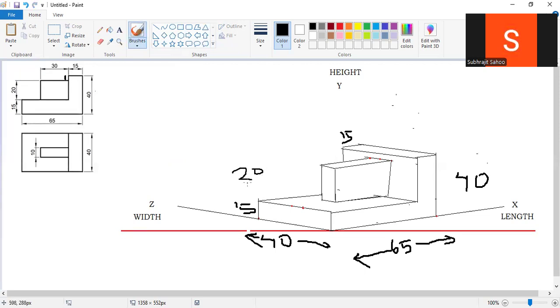Right. Arrow marks you have to give like this. Right. Then my diagram will be over. Everything. So this is 40 given. So this is the total 3D isometric view